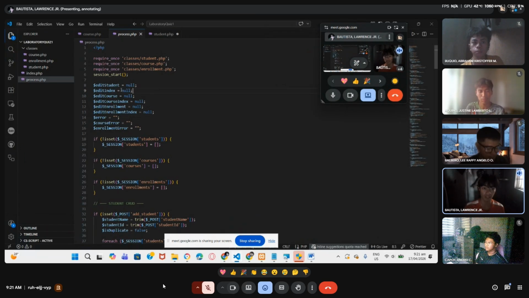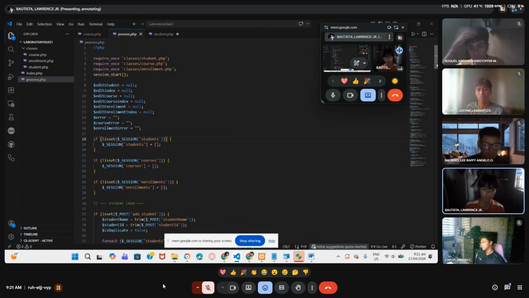Then for students, if there's no session yet for our students, we will create the condition: if not isset session students, then it will create an array, which is session students equals new array.